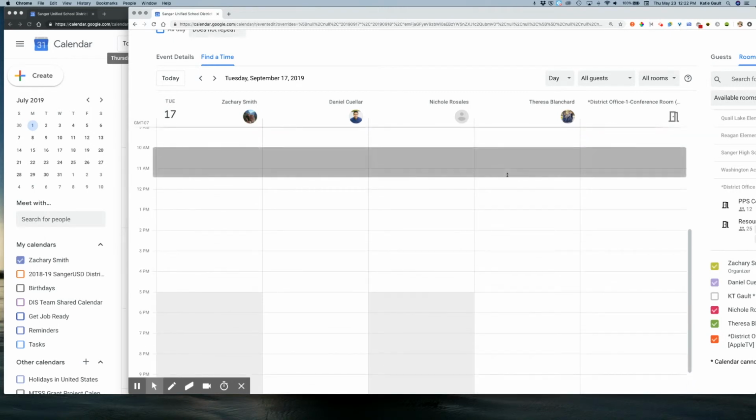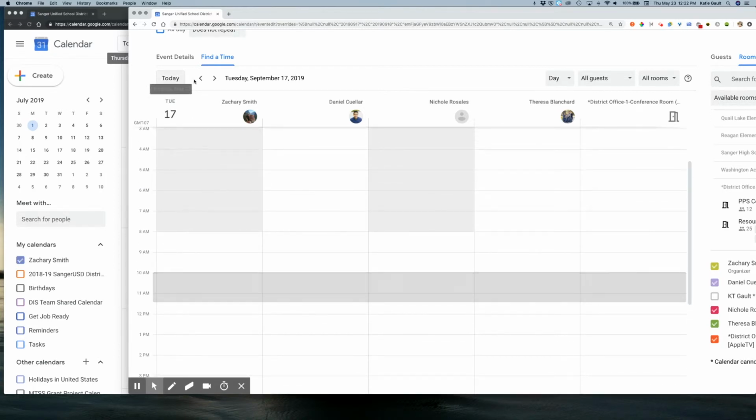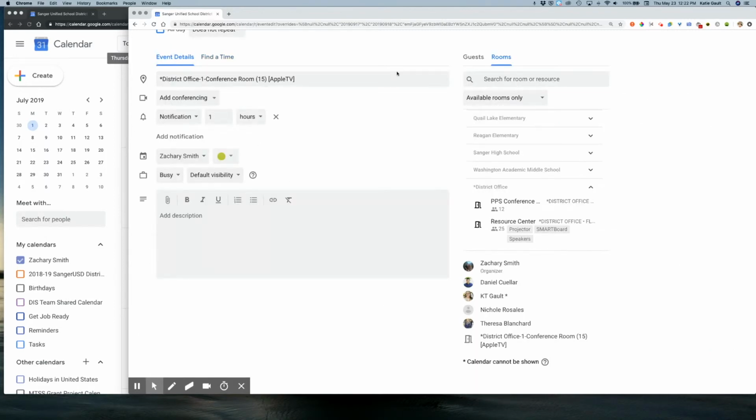So this is the event time, the one that I have chosen, 10 to 11:30, and it looks like it works for everybody. It's working for the office space or the conference room that I've chosen. It's working for Teresa, Nicole, Daniel. There are no other calendar conflicts. So it seems to be working. And I can just